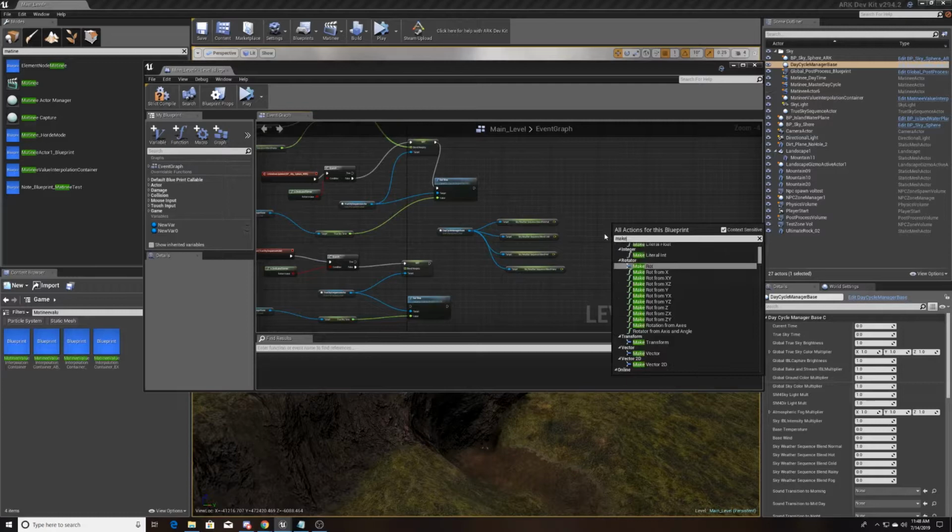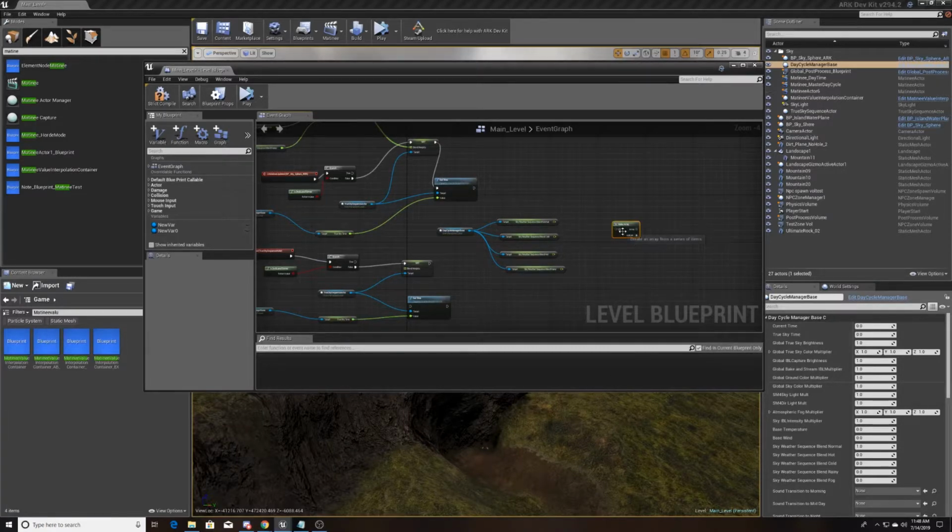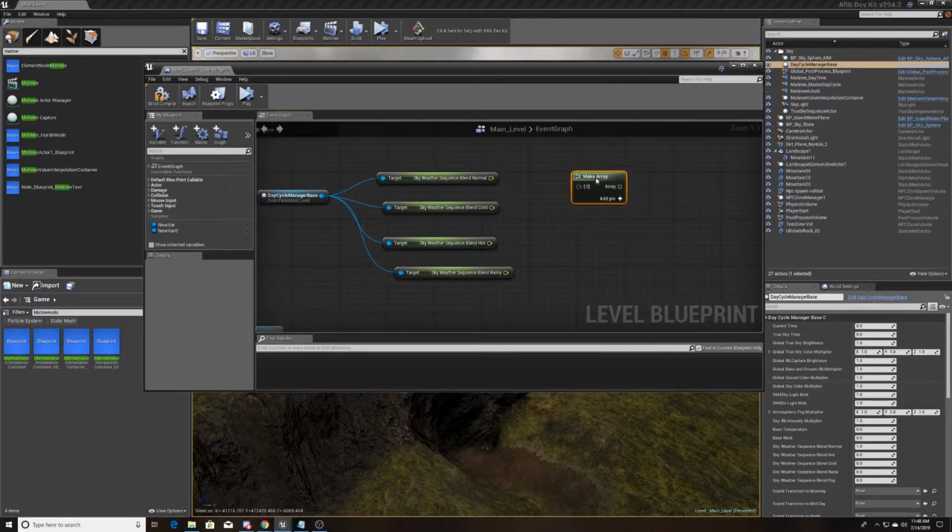So we're going to make an array here, and we're going to hit add pin to have 4 elements in the array. It starts at element 0, goes up to element 3 for 4 total elements. And we're just going to click and drag these in to create this array